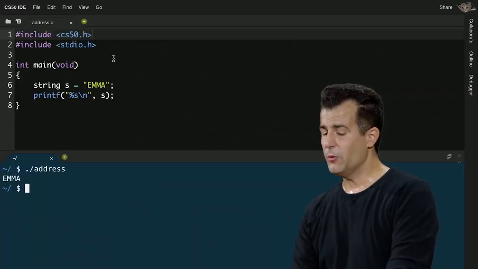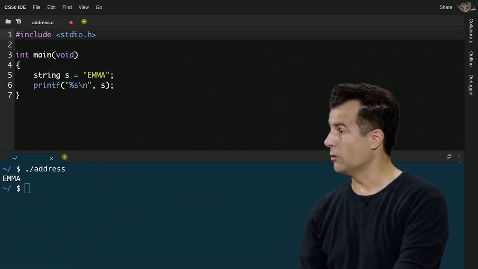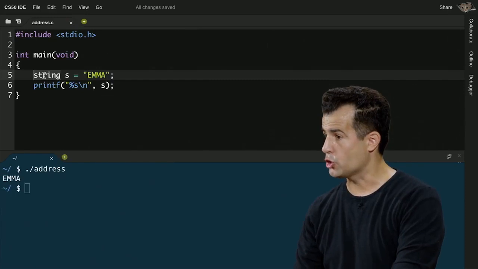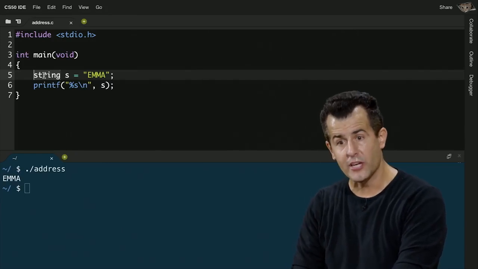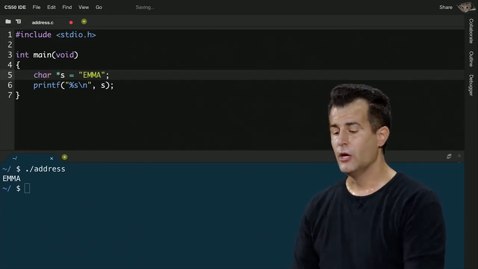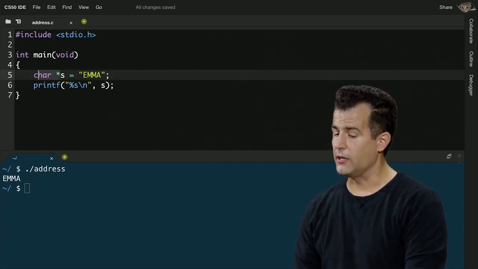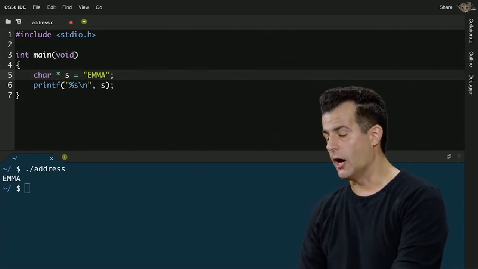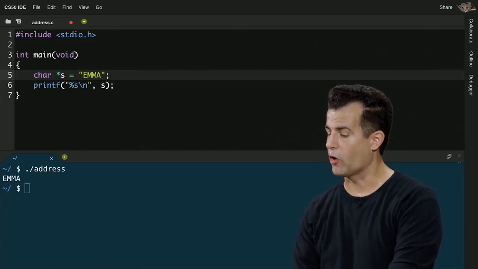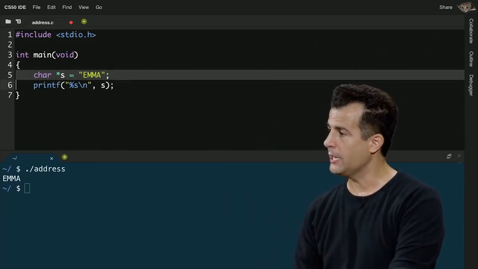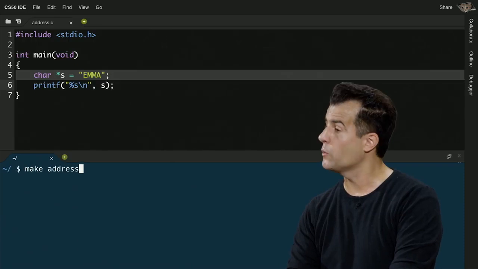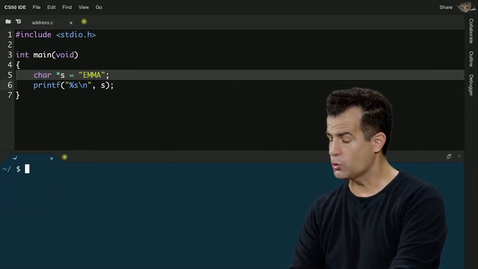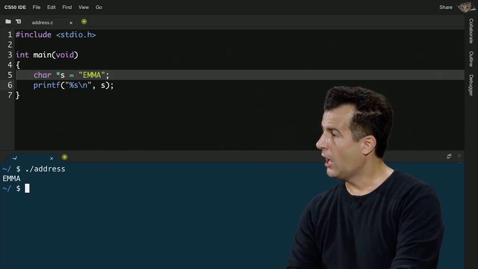So what can we now do that's a little bit different here? Well, I can get rid of the solution a moment ago, and say, I don't need string anymore. I don't need those training wheels. If s is going to represent a string, technically s is just going to store the address of the first character, and it suffices just to write this. So literally, instead of string, you write char star. Technically you can have extra space to the left or right, but most programmers write it just as I have here, char star variable name. That looks scarier now, but it's no different from what we've been doing for weeks. If I now do make address without the CS50 library, it still works, because C knows what I'm talking about. And if I run address now, I still see Emma.